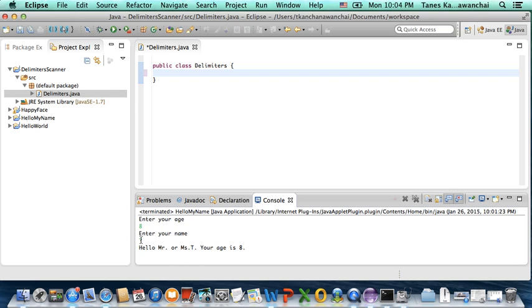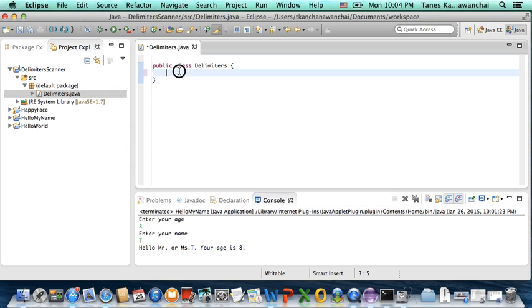In the computer, the enter key is called the carriage return, which is a character that makes the scanner stop reading at that point. We can also change the default from the enter key or spaces to any string that you wish. For example, I'm going to show you